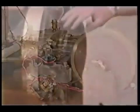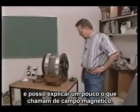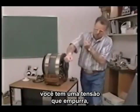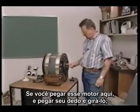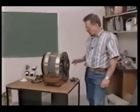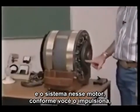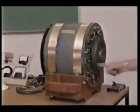And it does work. This is a new prototype of the magnetic motor, and if I can explain a little bit about what you call a magnetic field. All magnets, the big old wooden prototype, has a system. As the motor went over, it had a tension to jerk over like that. If you take this motor here and rotate it with your finger, it doesn't have that jerking in it. So what I've done, I got rid of the crankshaft. I've got rid of the injectors, and the system in this motor here, as you crank this motor up, and like you do the other one,